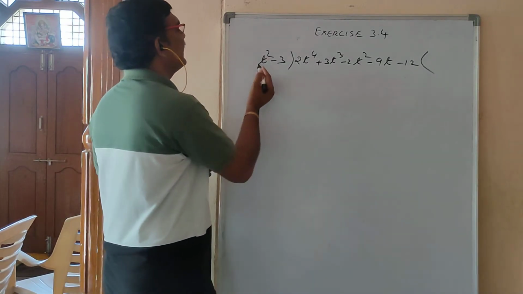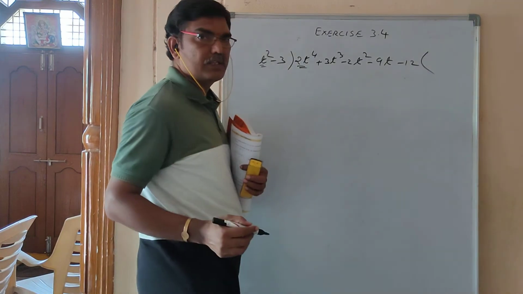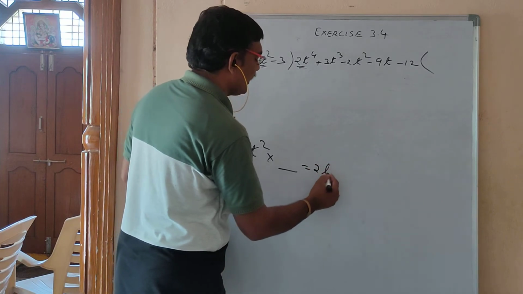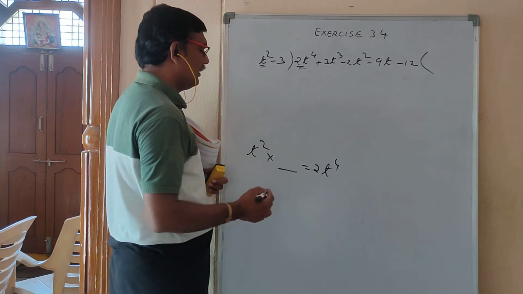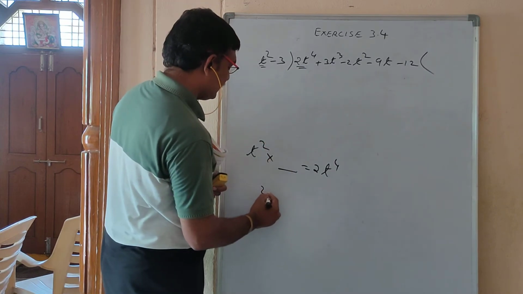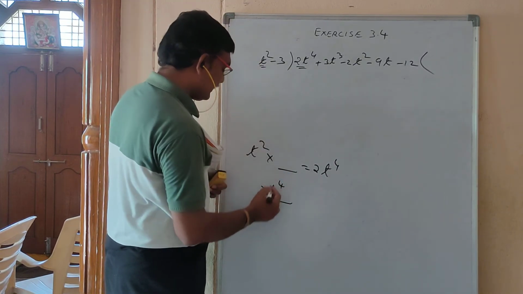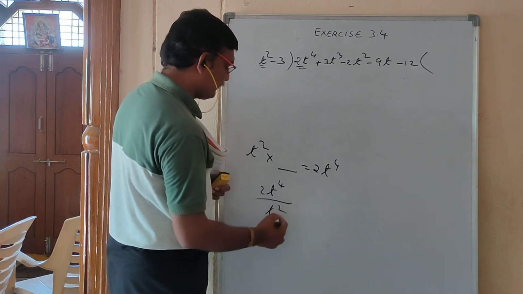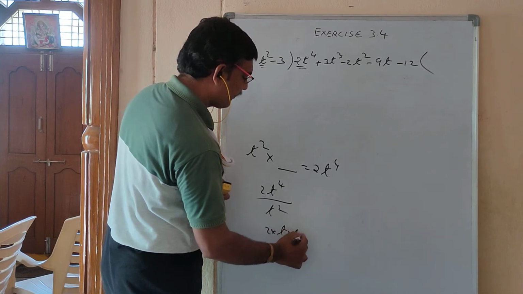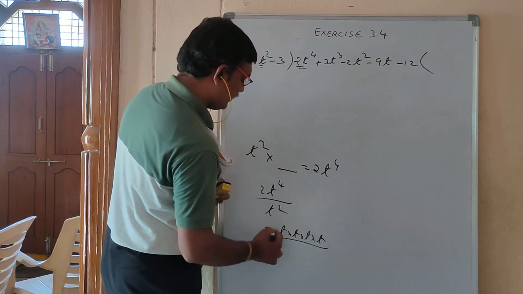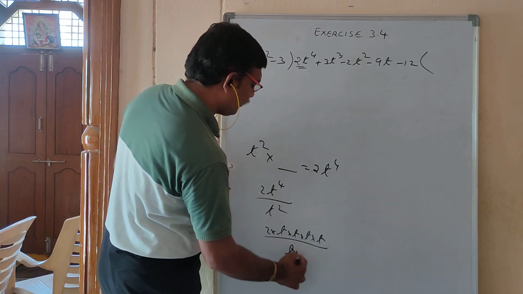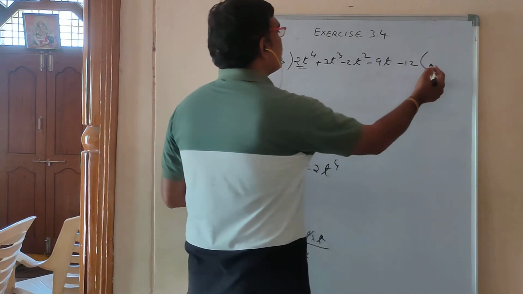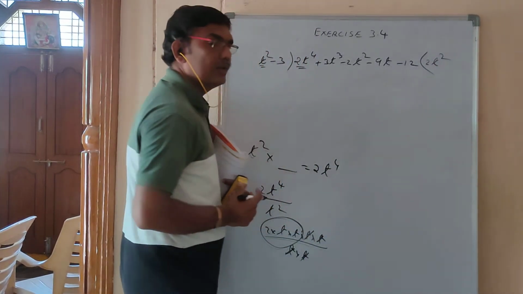Okay. Now, t square is there, 2t power 4 is there. If you don't know directly what to multiply t square with to get 2t to the power of 4, what you should do is write the first term in the numerator and this one in the denominator. t power 4 means t into t into t into t, and t square means t into t, two times only. These t's cancel. What remains here? 2t square. This 2t square should be written over here.